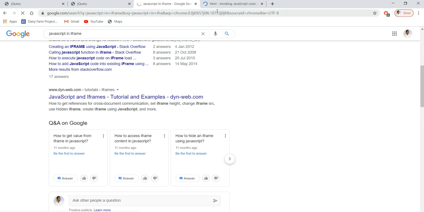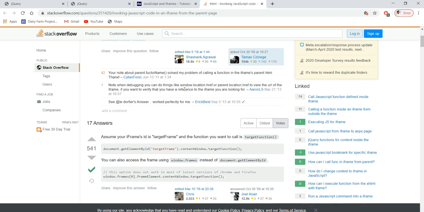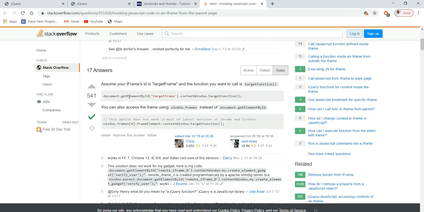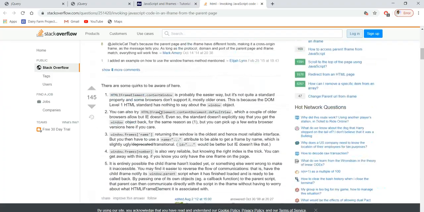Okay, let's see this also. Basically I have embedded in a page. Okay, JavaScript tool reads document dot get target frame name, content window dot target function. Okay.